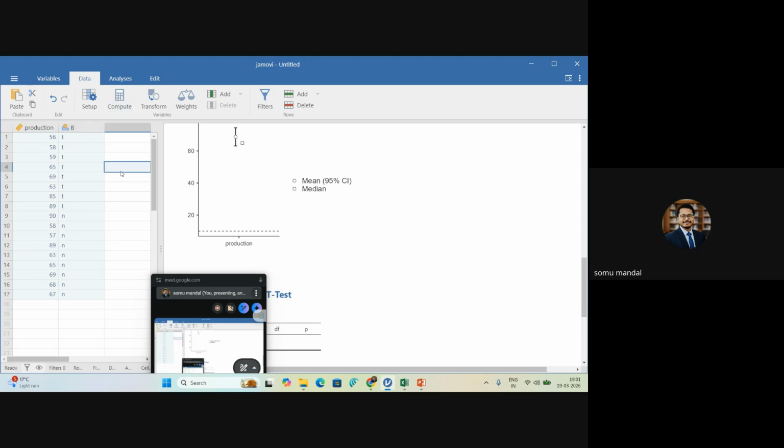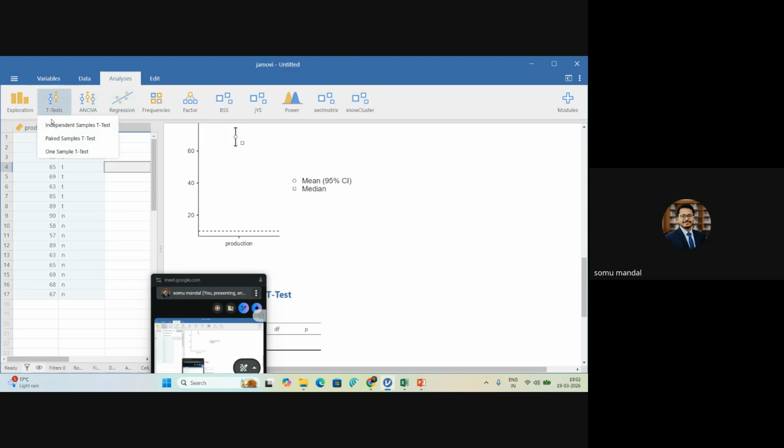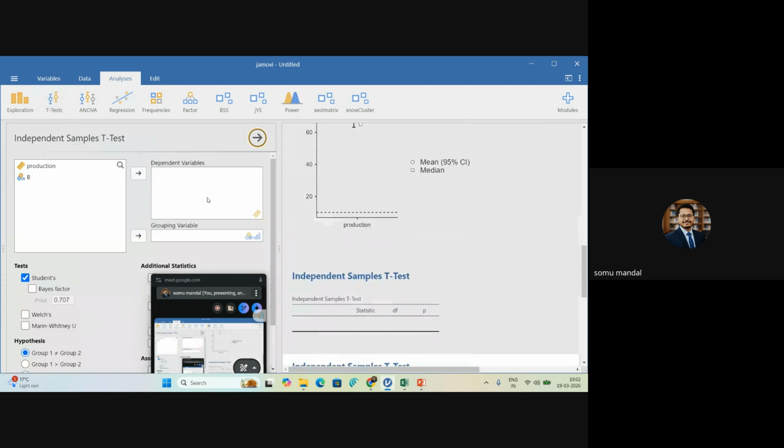Now you can observe how far your application works, maybe the fertilizer, maybe the mechanism, maybe the machines, maybe all the stuff which actually tries to enhance the agricultural productivity. Then go to the analysis, t-test. This is called the independent sample t-test.